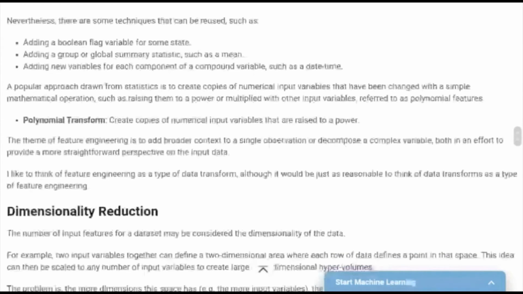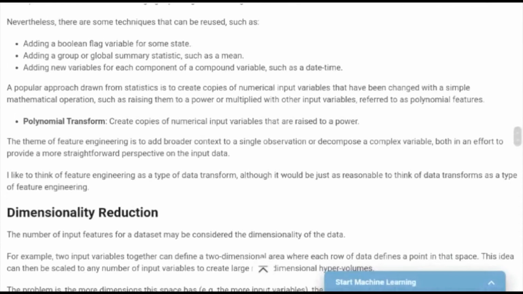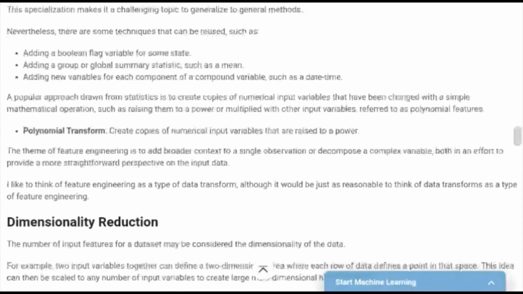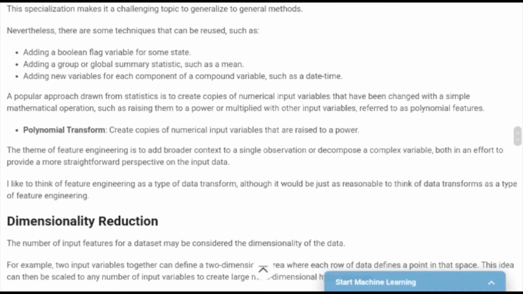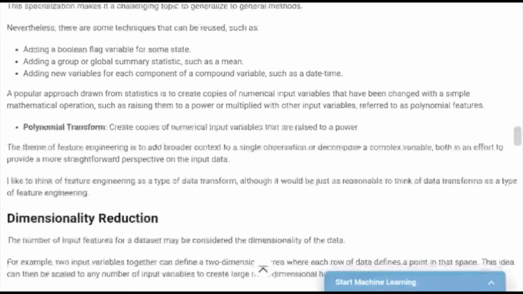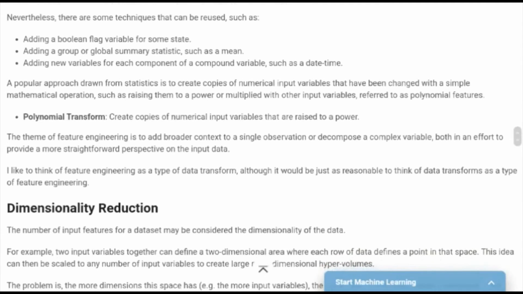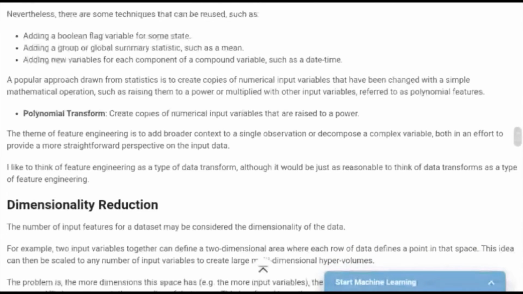There are some techniques used for generating new features. Those are adding Boolean flag variables for some state variables, adding group or global statistics such as the standard deviation or the mean values, and adding new variables from each component of a compound variable, like the date and time features that can be added into the model.